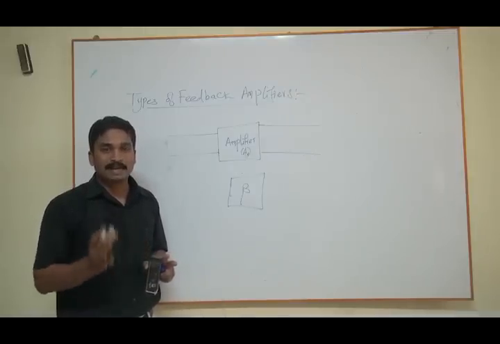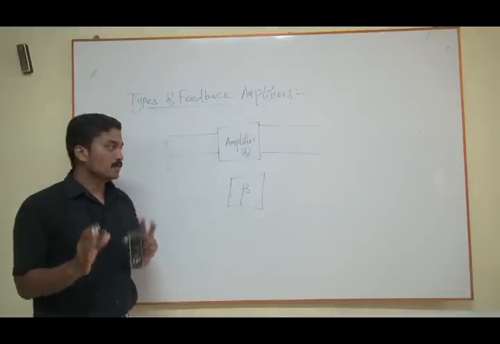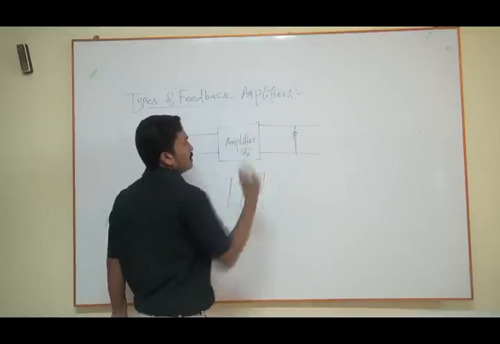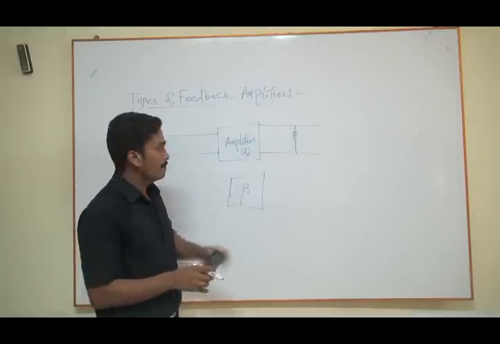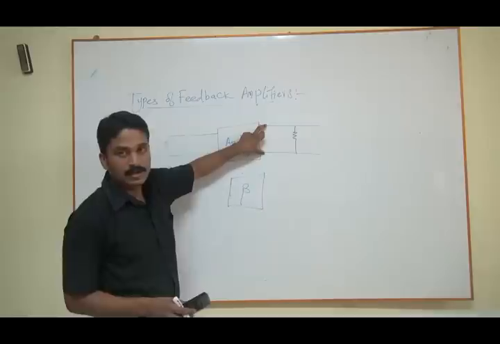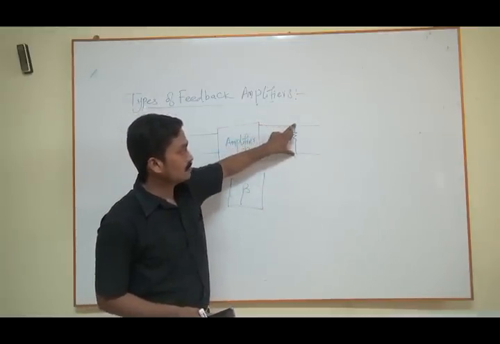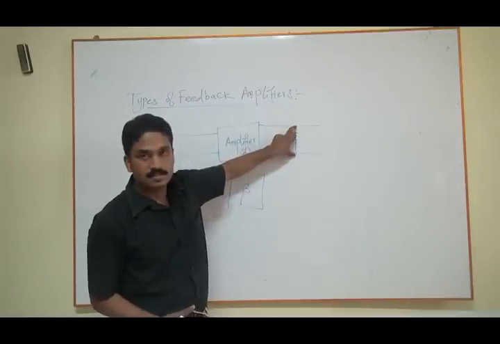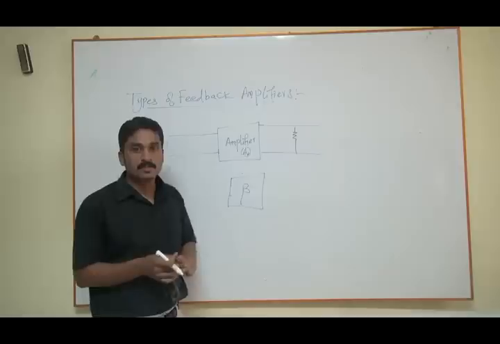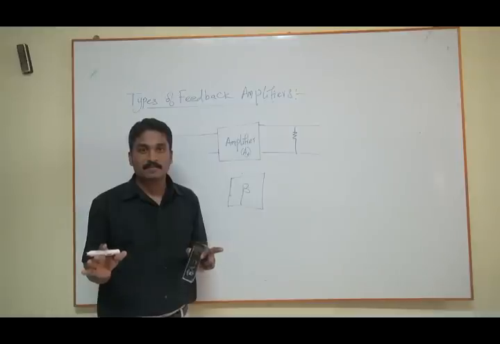So it is a general block diagram, and now we are talking only in terms of blocks. We will go to the practical circuits in the upcoming lectures, right? So now just watch carefully. If I put one resistance parallel to this network, then what will happen? The output voltage drops over here. Our output drop is also equal to the drop across this resistance if I connect the resistance in parallel, because voltage drops in parallel circuits are equal, right?